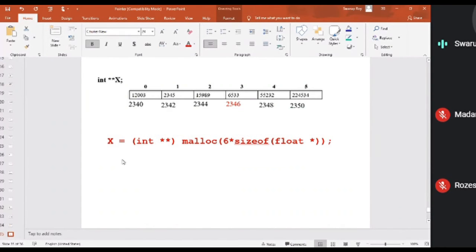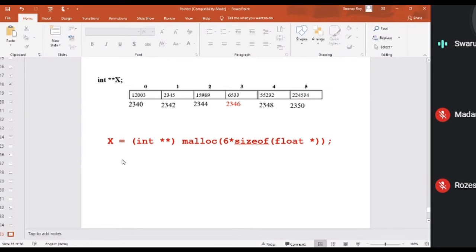Now what is it holding? What will be there in the x? The base address of what?